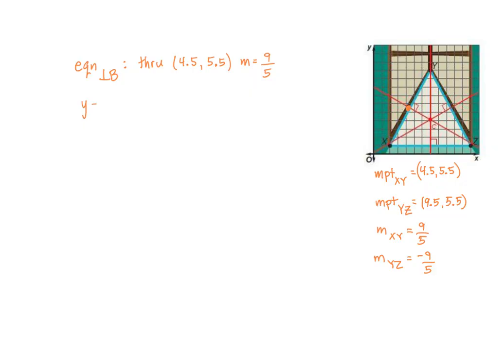With point slope, you're going to get the following equation. And remember, we're starting on the side of XY to find the perpendicular bisector. So the opposite reciprocal there that we're going to use here is negative 5/9. And let's go ahead and finish this point slope equation. Great. Then if we want to work with the other side, YZ,